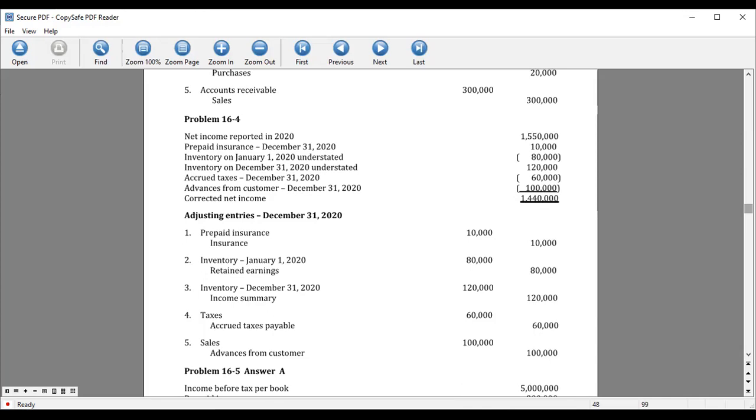The gross profit on sales is 40,000. But actually, there is no sale consummated in 2020 because the goods will be delivered in January 2021. So now we debit sales and credit advances from customers in the amount of 100,000. So we have now your corrected net income for 2020,